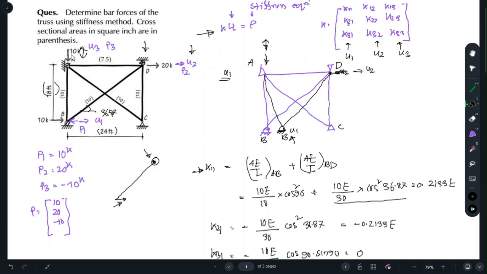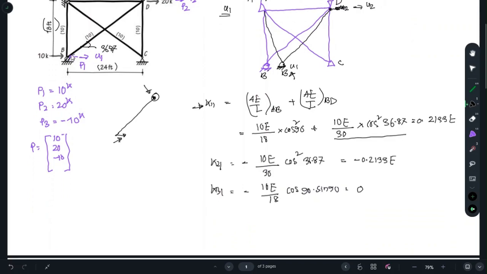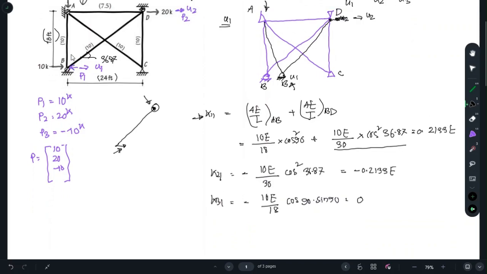So how do we do that? If I had a little bit of space, it would be fine. Okay, let's find out the bar force of AD. The thing is pretty simple. Sorry, it is AD. So you will find the